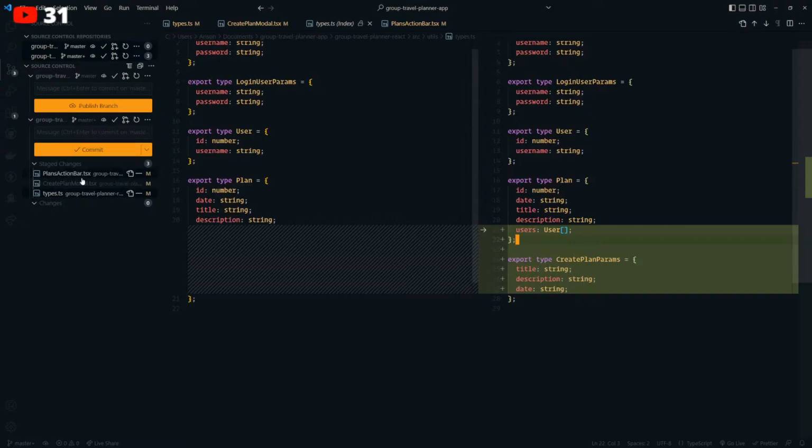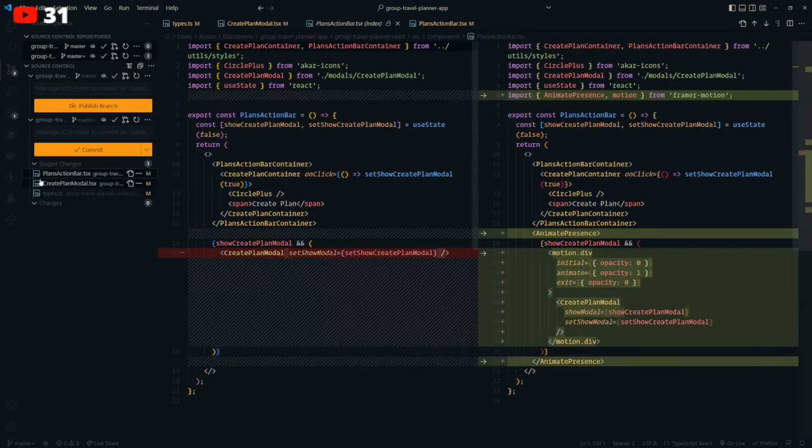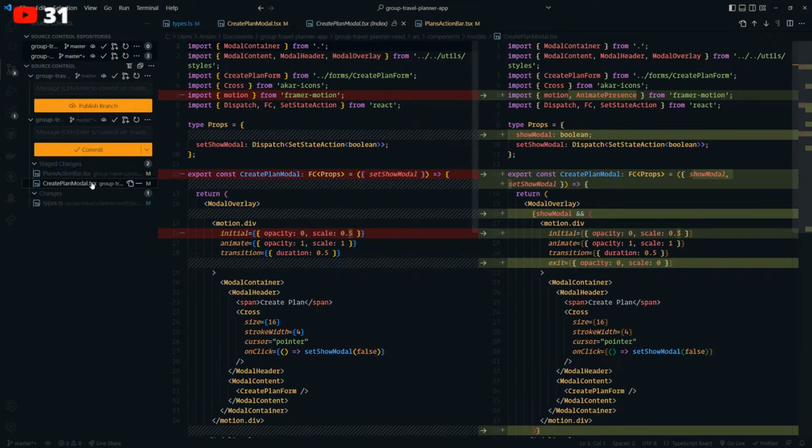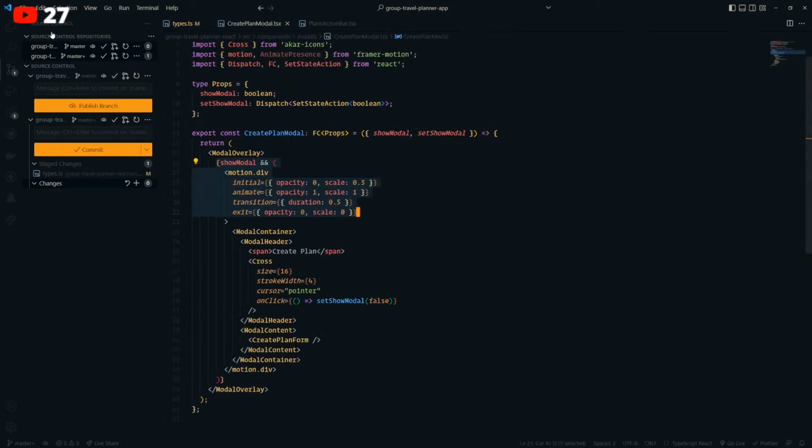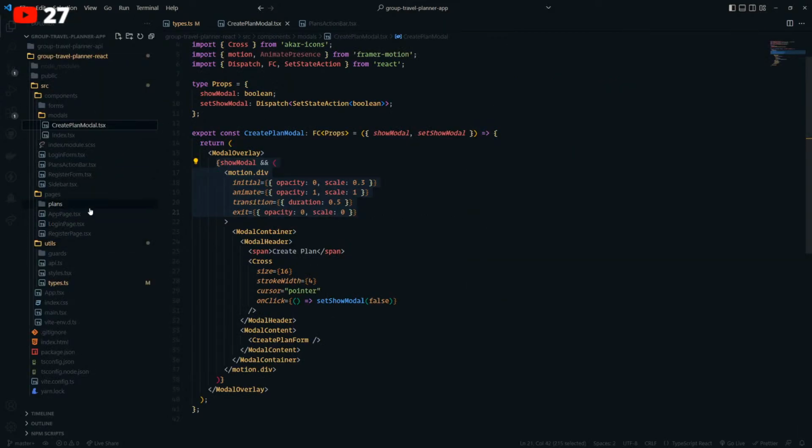Let's see. So what we need to do is make it so that we can actually create the plan from the UI.